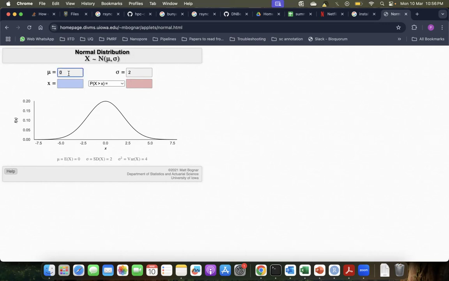If I change the value of mu, again the graph looks the same, but now the center value is different. So with that, you can change it to a normal distribution or a standard normal distribution. And then maybe now questions would be, let's say something like less than a certain value, more than